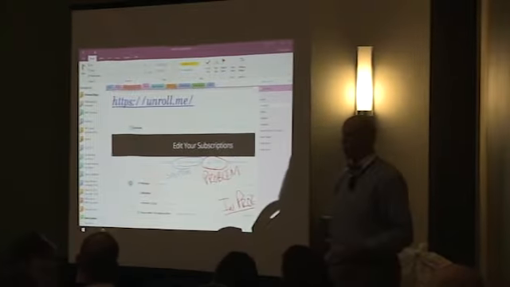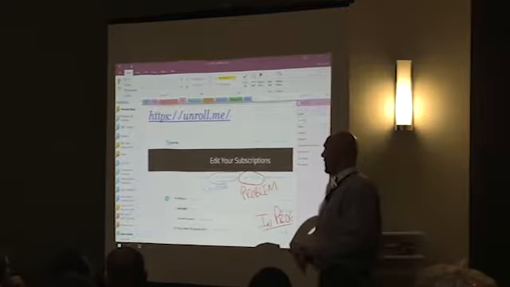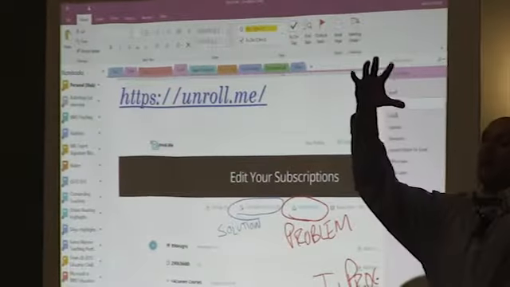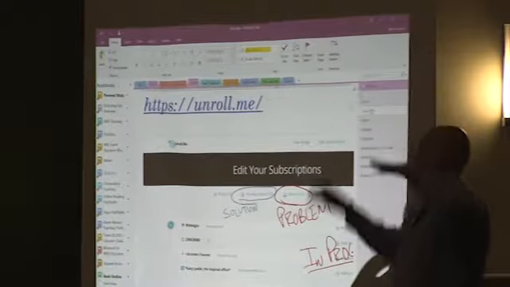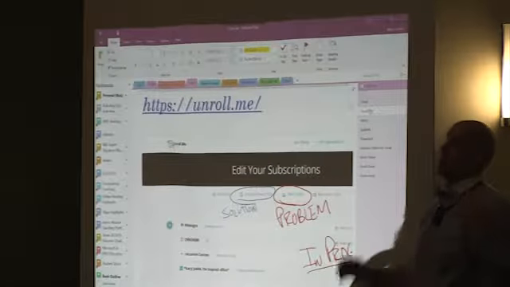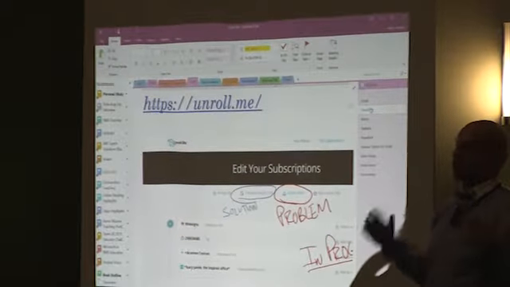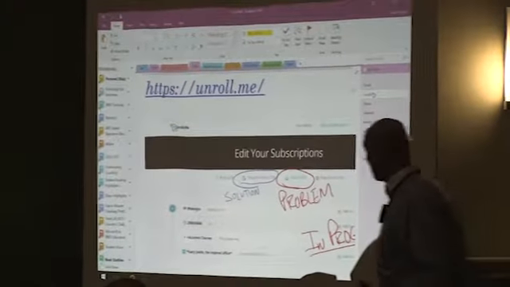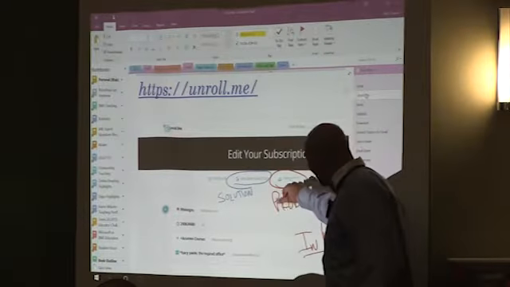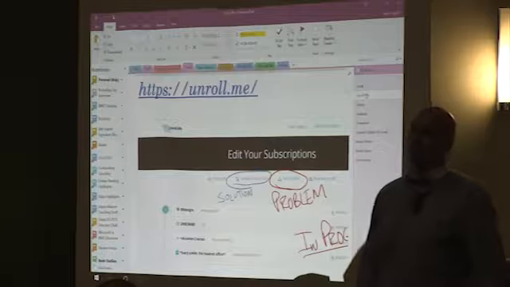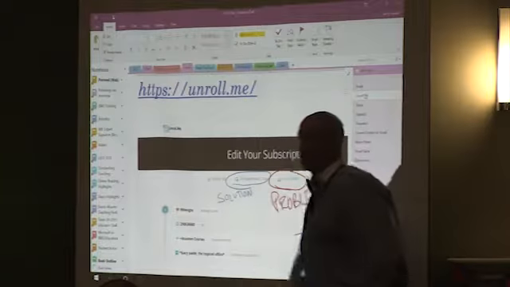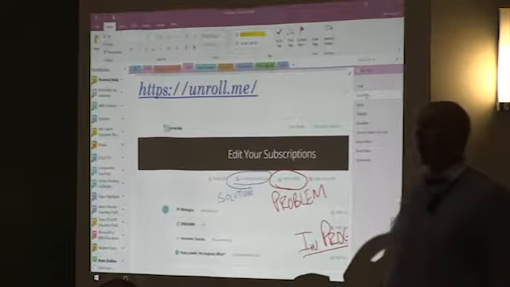The first one that I want to share is called Unroll Me. This is a website. You give them your email, and they will list everything you've ever subscribed to in the history of that email account. There are things you subscribe to that you don't even know you subscribe to. I know you can't see it, but I had 463 subscriptions. That was already after I deleted 120 getting ready for this presentation. I said, oh wow, look at this.